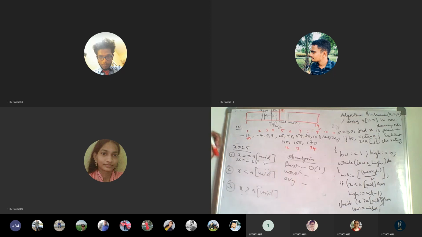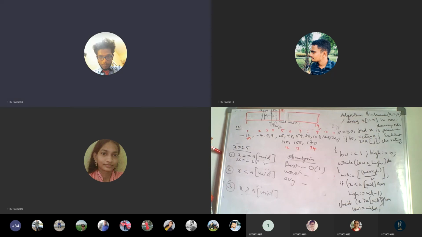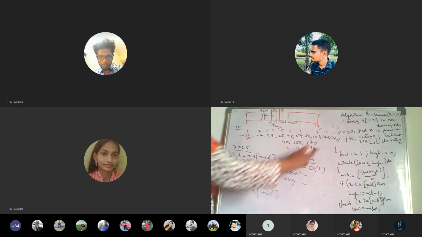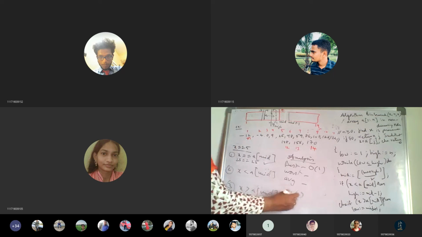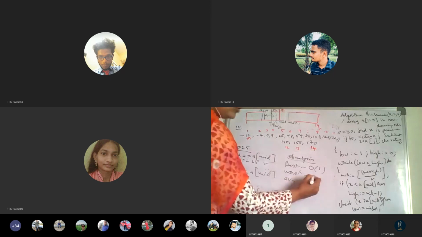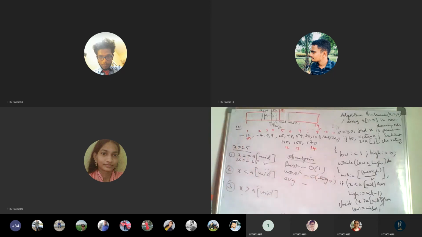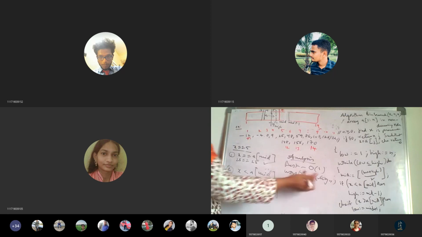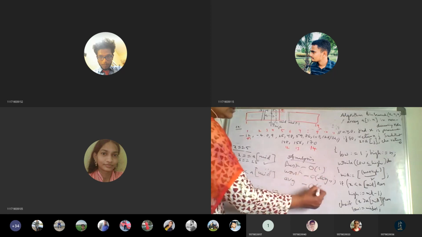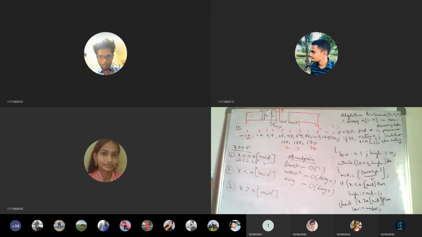Whereas worst case is the first one we did. Worst case is nothing but at 14th index we got 170. So at that time we took the decision tree, the binary decision tree. And whenever you draw the binary decision tree, it is based on the height. So how will we represent height in time complexity? As O of log n. And average means the average of constant and log n, which we say as log n only. Okay, so that's how we write the time complexities.